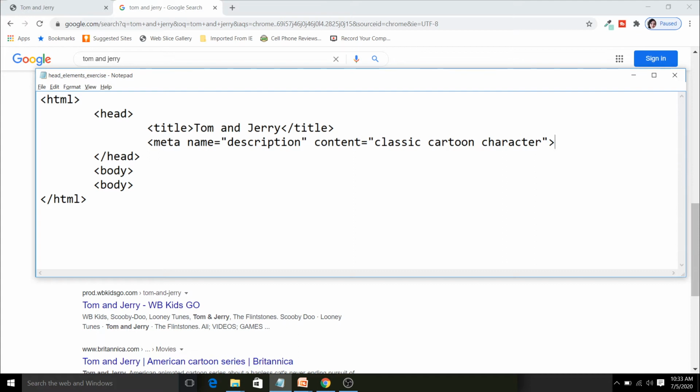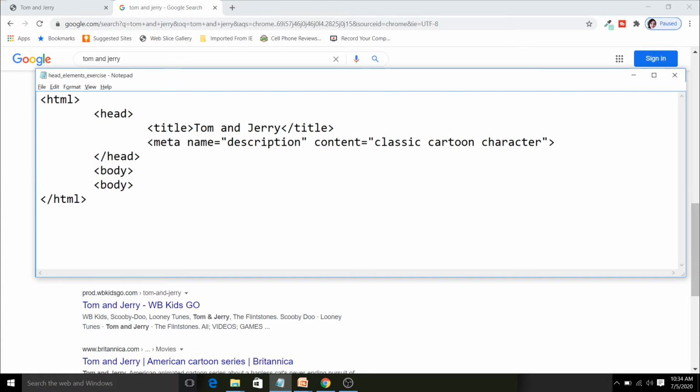Once our website gets published on the internet, then we can see our description in the search results of any search engine like Yahoo or Google. In case you have not specified any description for the meta tag, then it will take the first few words from the body section of the HTML document.